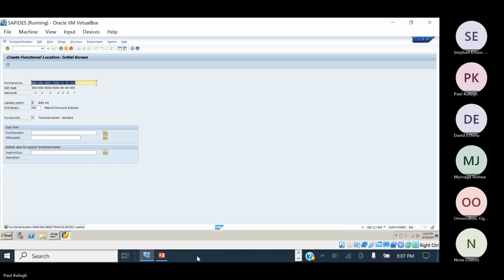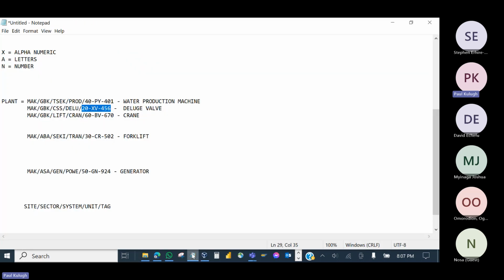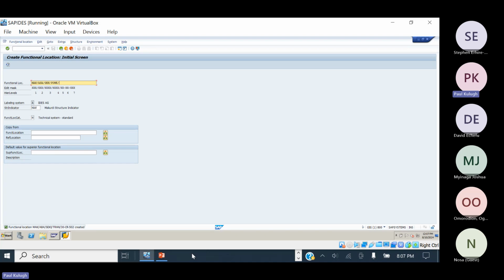Then again, the last one is the generator under the power generation unit, 50GN924. So I'll branch through the power generation. So this is generation power, and then the tag of the generator is 50GN924. 50GN, sorry, I forgot. 50GN924. 924. Okay, so I'll call this